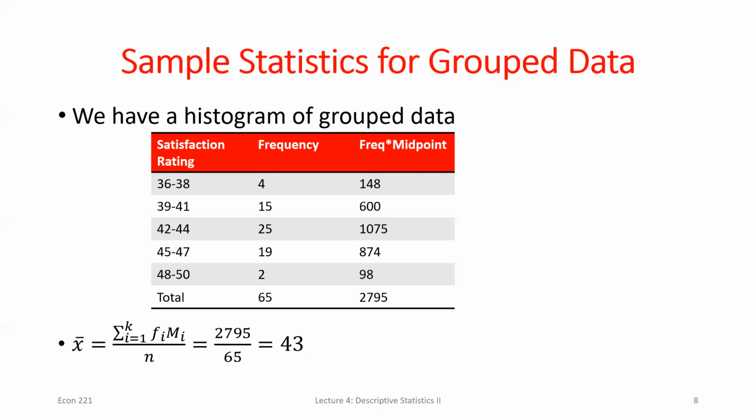We could do it this way. Maybe this doesn't make as much sense to some of you, and it's a little easier to make mistakes or harder to think of, but if this is how you want to think about it, that's really what you're doing. You're taking these different values and saying, this only represents 4 out of 65, this represents 15, so we use those as my weights. If those are my weights, then the sum of my weights in the denominator will always just be 1. But if I rewrite this, everything is divided by the sum of the frequencies, so I can write it like this and then multiply the frequencies